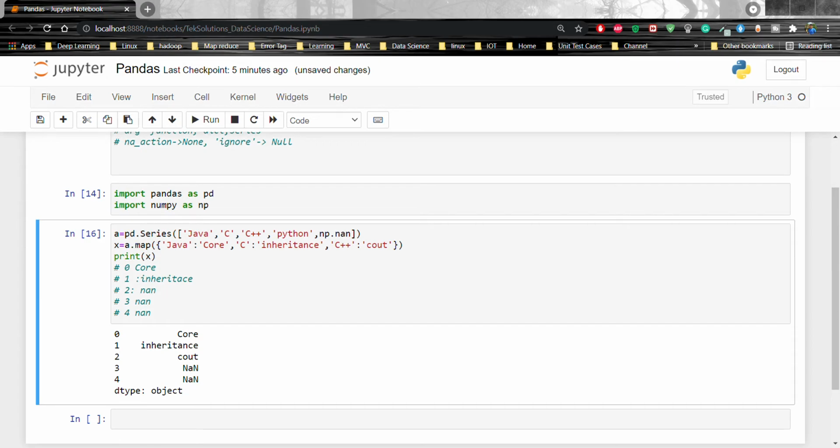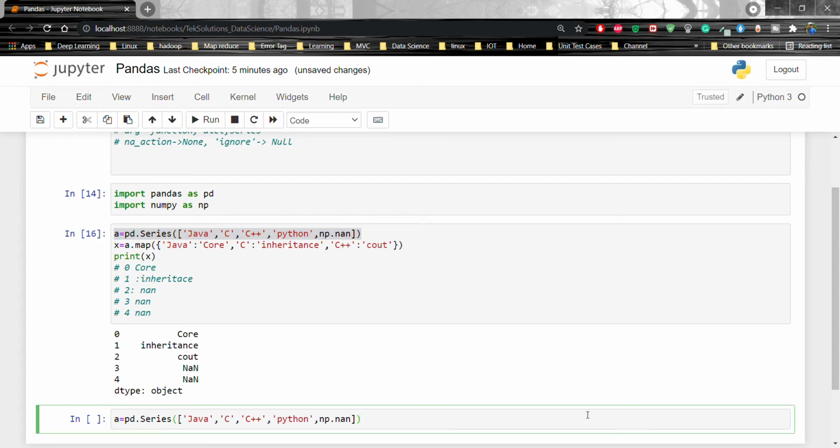Now I am going to show another example. Let's copy this same pandas series, and now I'm going to call a.map and pass 'I am a {}'.format.